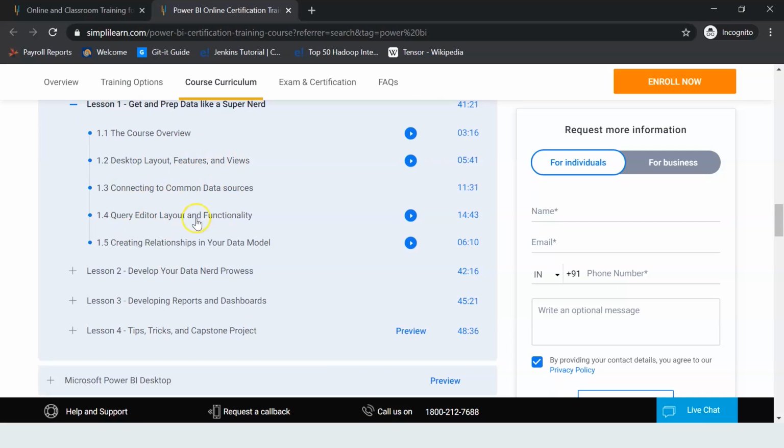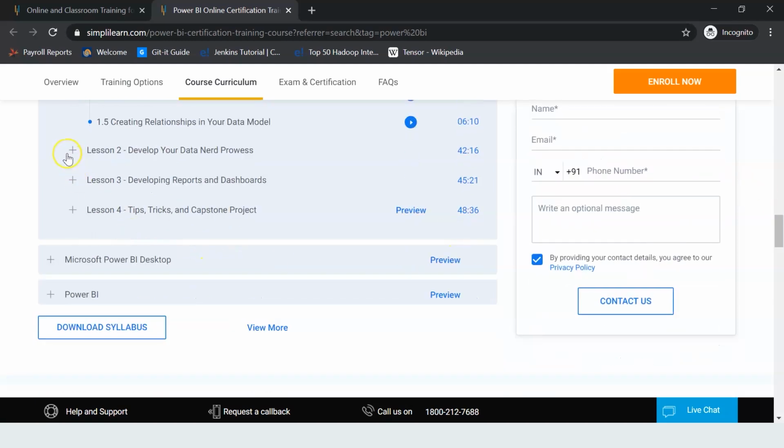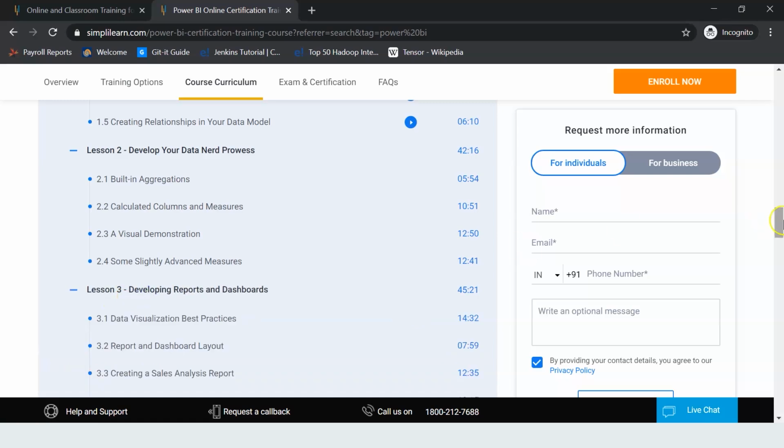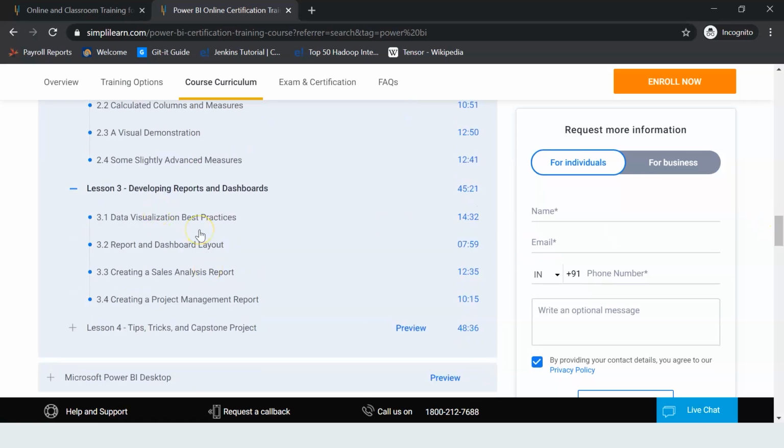You learn about the query editor and its functionality. Then you will learn how to create relationships in your data model. You learn about calculated columns and measures, built-in aggregations. You will also learn about data visualization practices, reports and dashboard layout, creating a sales analysis report, and lots more.